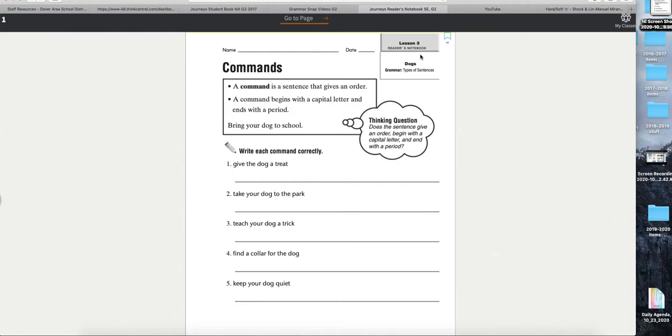Oh, I like the handwriting that I'm seeing in here. Nice job, Lonnie. Take your dog to the park. I think I will take my dog to the park today. Yeah. Okay. You need to write all the letters of the words. The whole word take. The whole word your. Not just the first letter of each word. You need to write the whole word, Jamie. Take your dog to the park. Should I have a capital P here? Should I have a capital T there? Thanks, Mackenzie. Nice job.